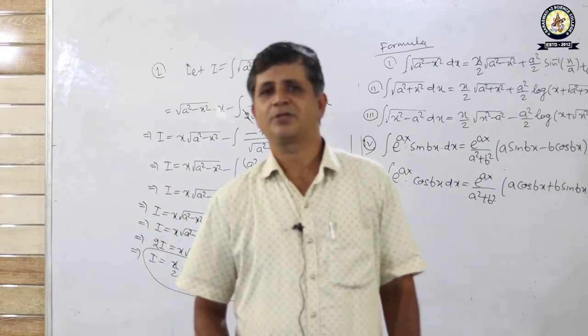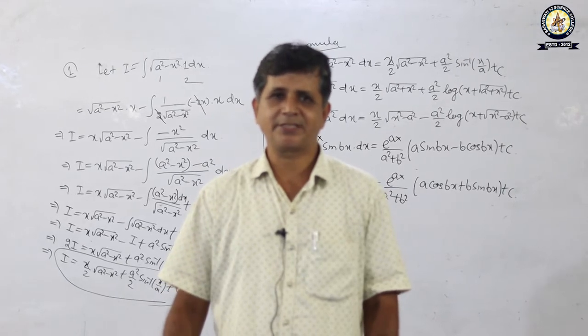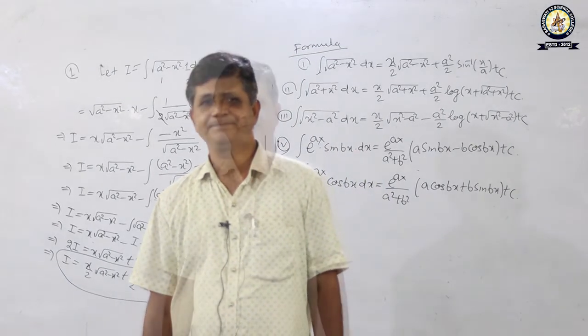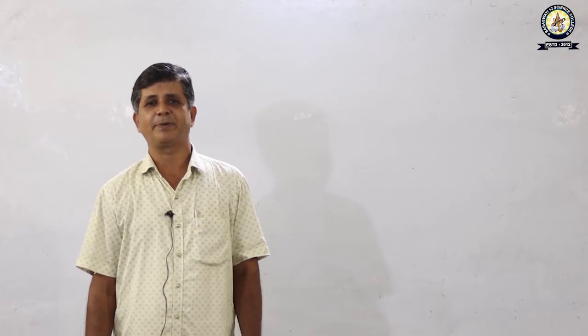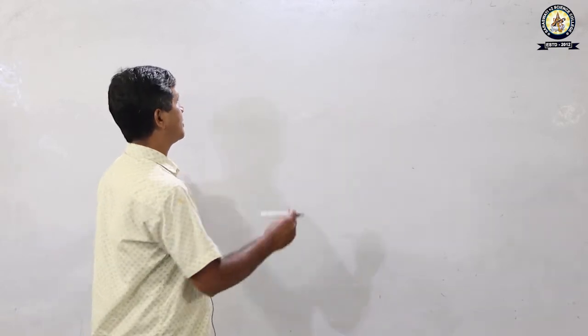This is all about the first part of the integration by parts. Thank you all. Hello students. Now we will discuss the last part of the integration by parts, that is integration of exact functions. Integration of exact function means what? It is exactly the derivative of a function, and derivative is the reverse process of integration, or integration is the reverse process of derivative. So if you integrate the exact derivative of a function, then derivative and integration will cancel, and the function will be obtained. Come to some formulas for this.